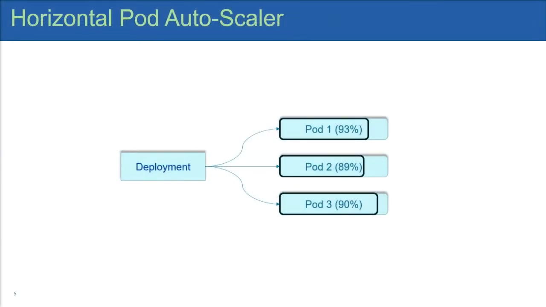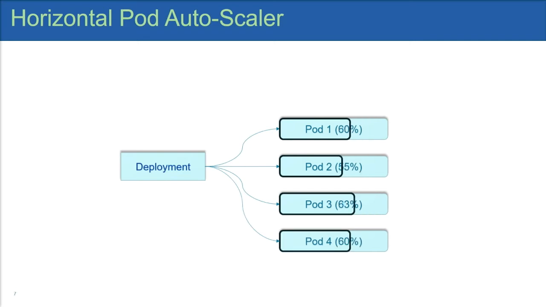Now that we know a thing or two about horizontal scaling, let's start by understanding the basic flow with an animation. Let's say we have 3 replicas of a deployment and all of them are running with really high CPU usage. If the load or traffic increases, there will be no capacity within the pods to handle it. So, in this case, we would probably like to start a new pod so that this new pod can respond to some of the traffic. This will reduce the average load on the deployment, making more space for future traffic spikes.